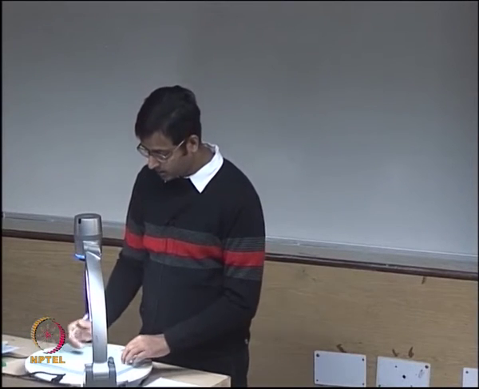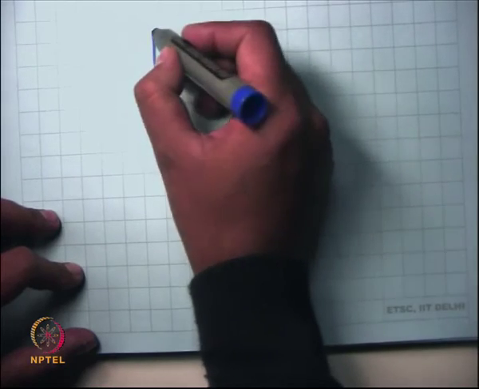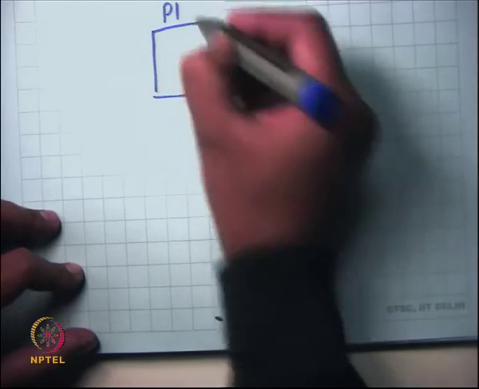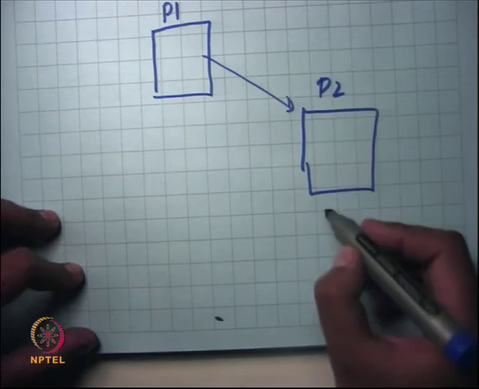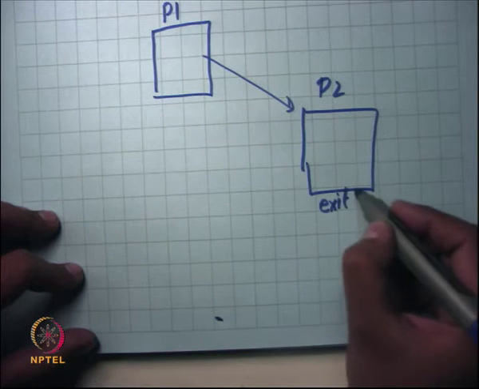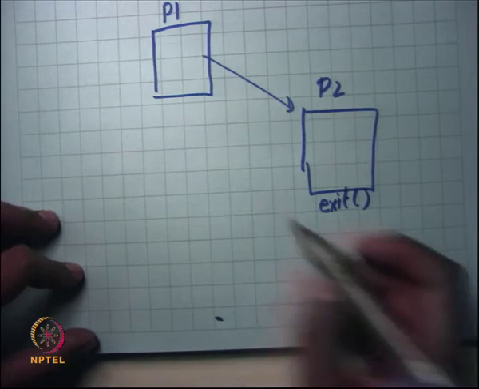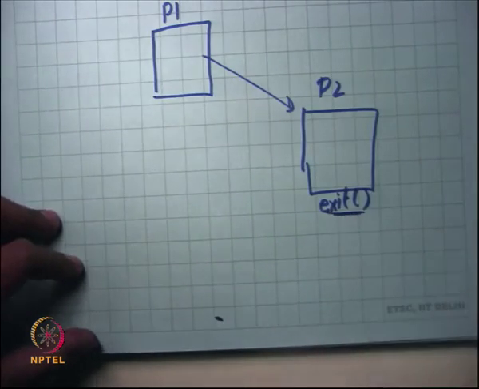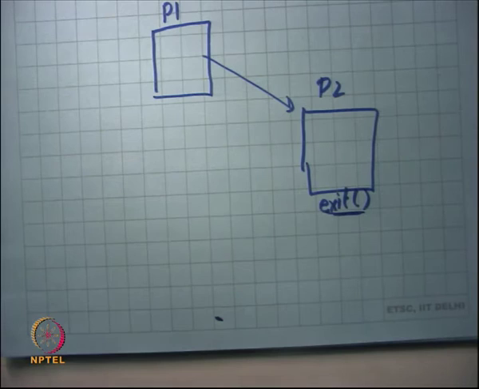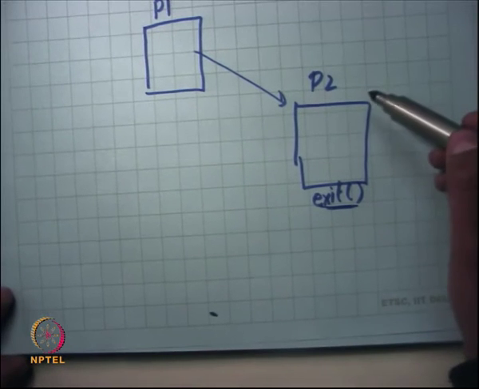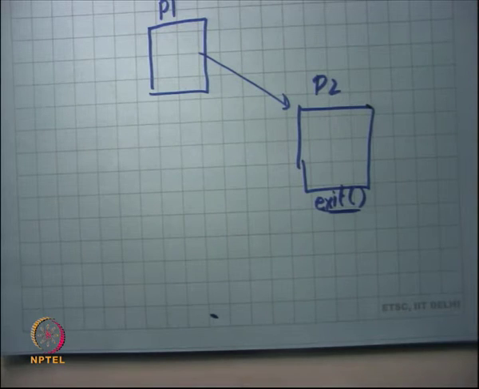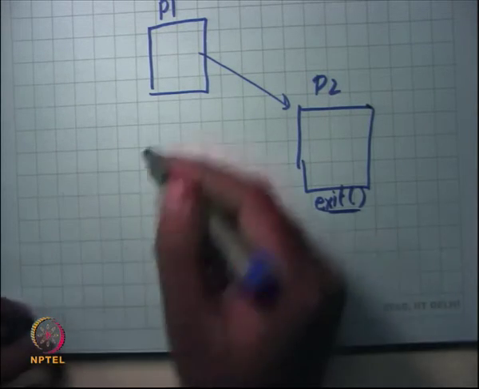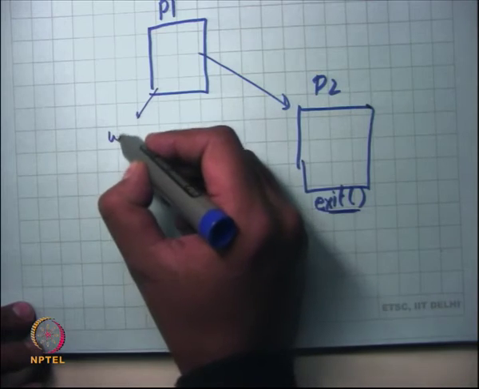Another interesting thing about processes is that, let's say I'm a process P1 and I spawn another process P2, and this process finally calls exit. While the process P2 has called exit, the question is, should the operating system delete all state which corresponds to P2, or should it hold on to the state for some more time? The reason I ask this question is because P1 may actually call wait sometime later,